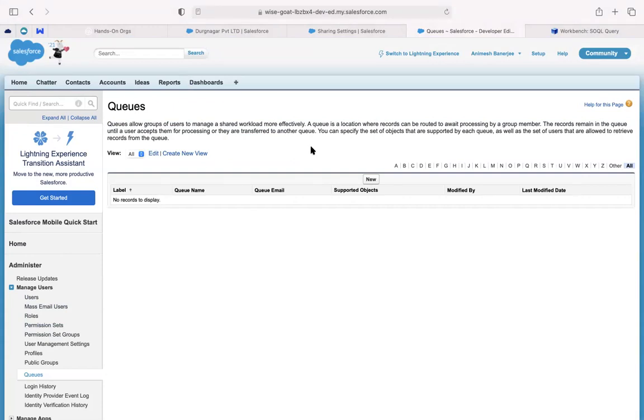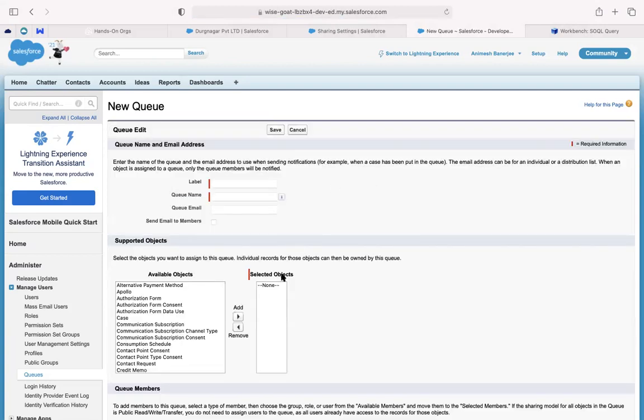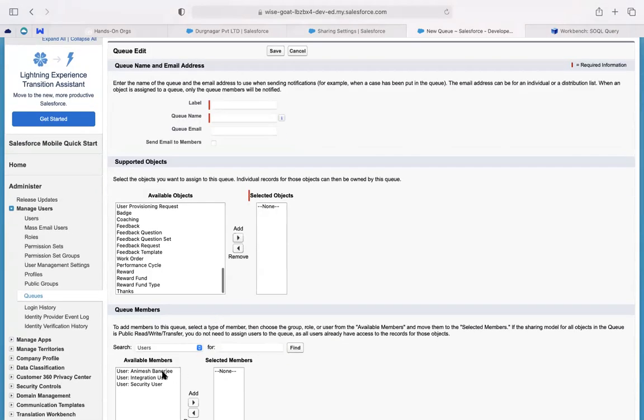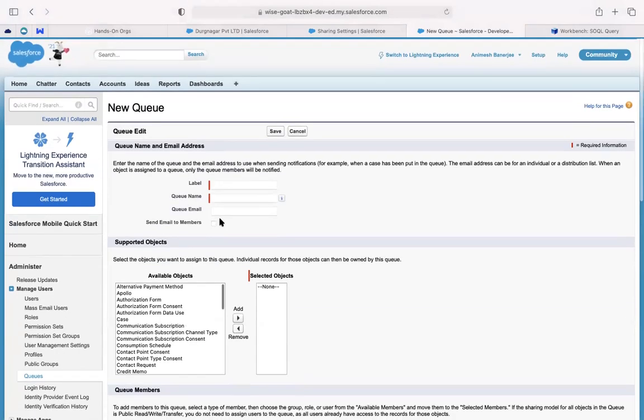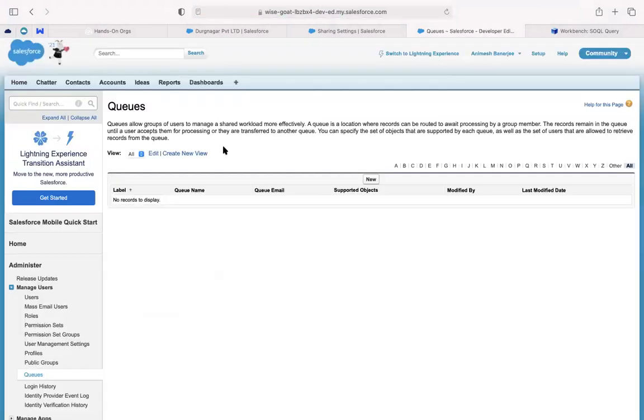This will be important for a few supported objects. Some standard objects do support it, and all custom objects support it. You can add queue members here, and then you can say which objects the queue will be applicable for, and they can own records. So it is not a specific person you are giving it to. This will be very handy for a group of users who are working on things. You will see this in the case class, which is happening next. So we'll cover case, and in case, queues will be very important. Queues are quite similar to groups, the same user groups, but they can own records.